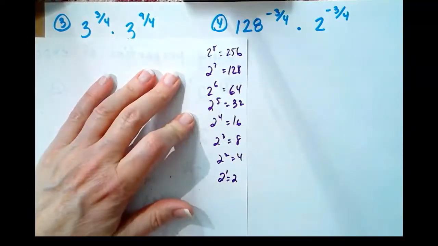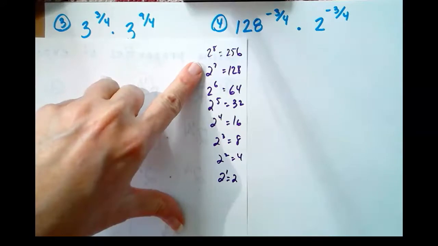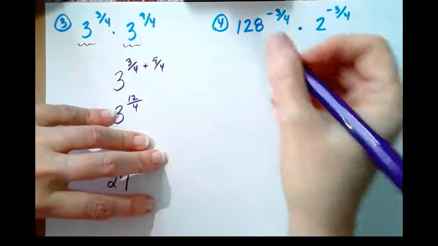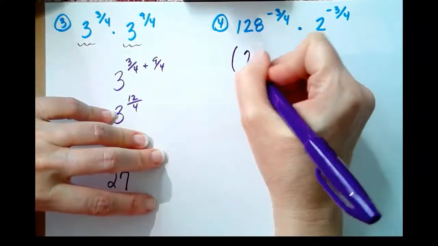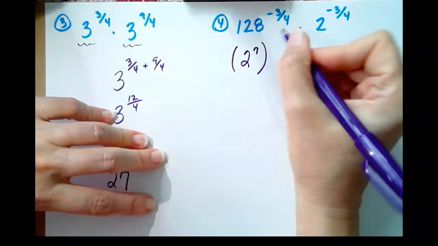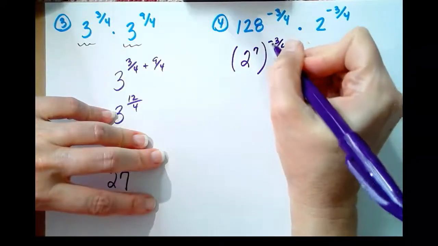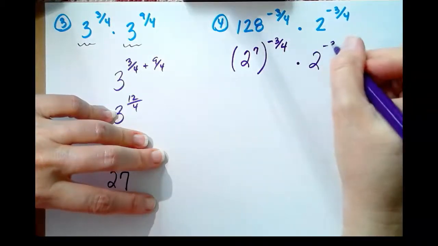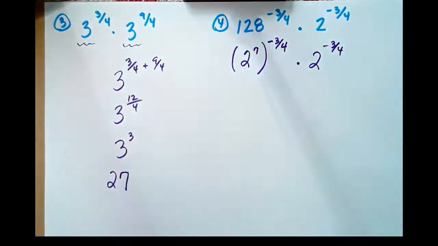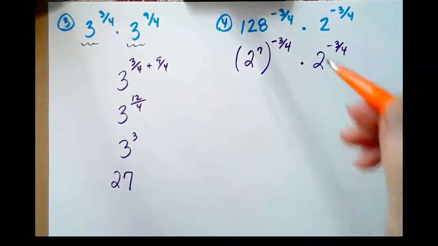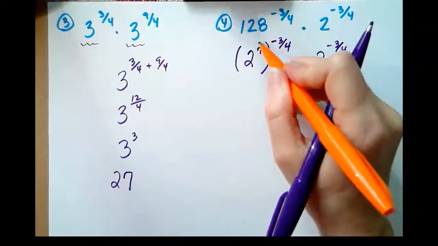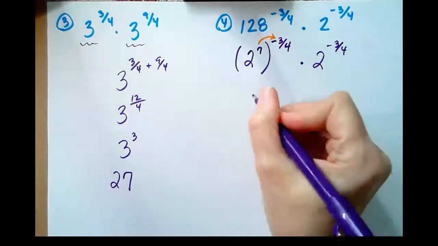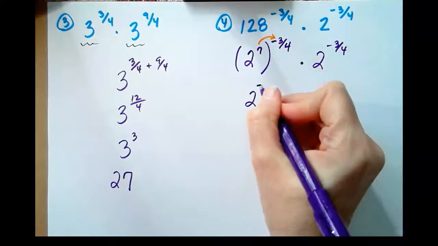So, can we replace 128 with a power of 2? Yes. 128 is 2 to the 7th. So I'm going to do an equivalent substitution for 128. It's 2 to the 7th raised to the negative 3/4 power times 2 to the negative 3/4 power. The power rule tells us that we are going to multiply those exponents together. So we end up with 2 to the negative